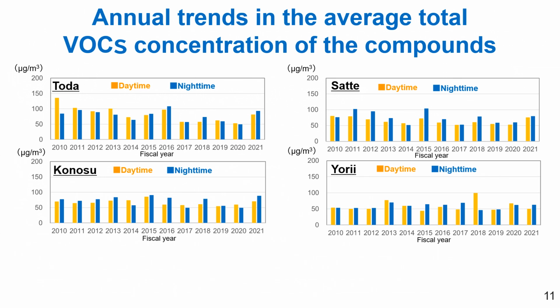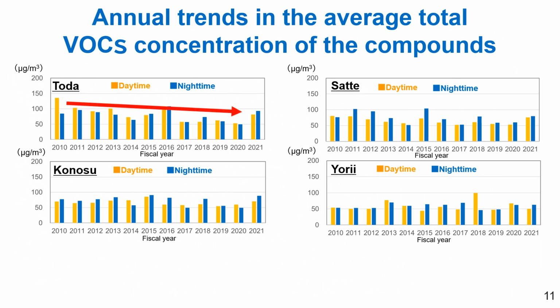The bar graphs show the annual trends from 2010 to 2021 in the average total concentration of the VOCs analyzed in the survey by location. The orange bars on the left represent daytime VOCs concentrations, while the light blue bars on the right represent nighttime VOCs concentrations. In Toda, which is close to Tokyo, the total VOCs concentration has been showing a decreasing trend,